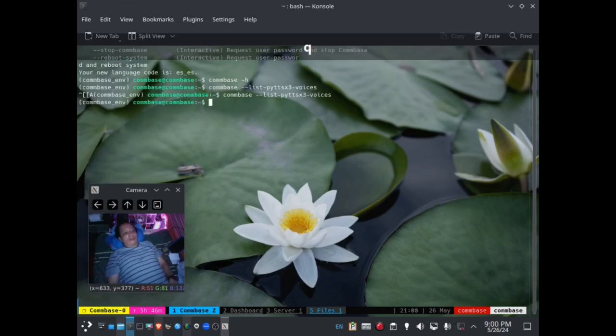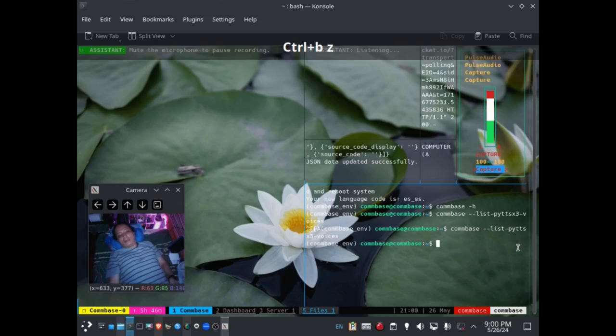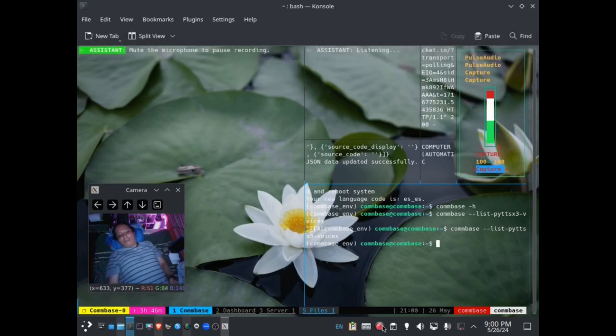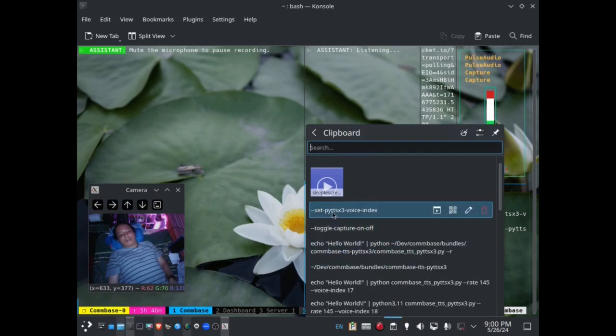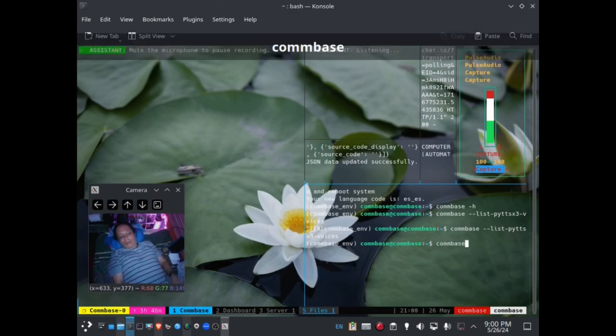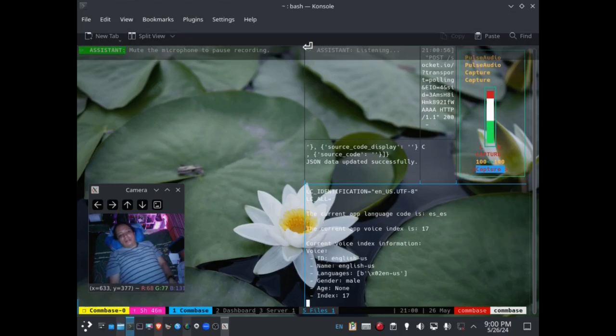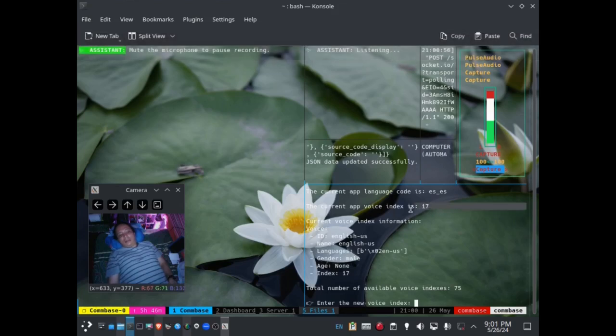So I quit with using Q, come back to Conbase, and then select, this is set voice index, right? Okay, so I'm going to paste this from the clipboard. I'm going to say, Conbase, let's not say, but typing, right? Set voice index, and I'm going to change it. It says the app voice index is 17.